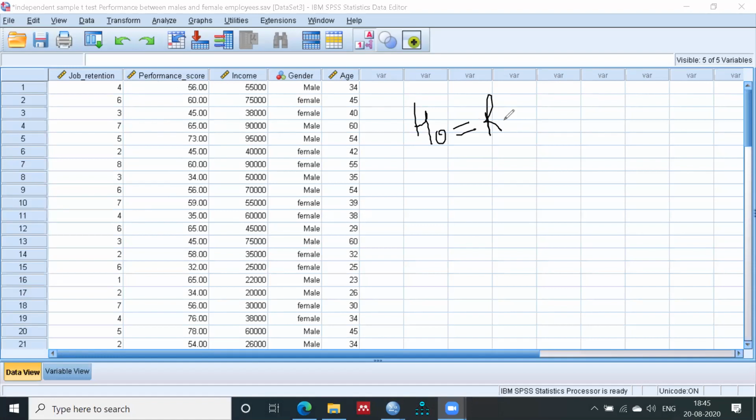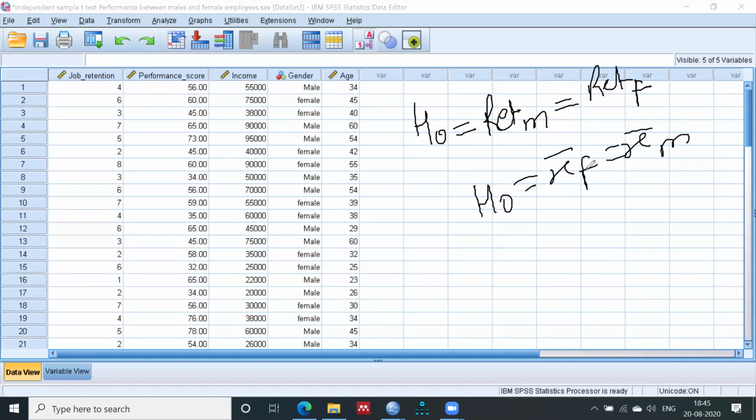So what could be your null hypothesis? Retention of male is equal to retention of female. The alternate hypothesis could be that the sample mean of female and sample mean of male differ. So what could be the steps if you apply the independent sample t-test here?